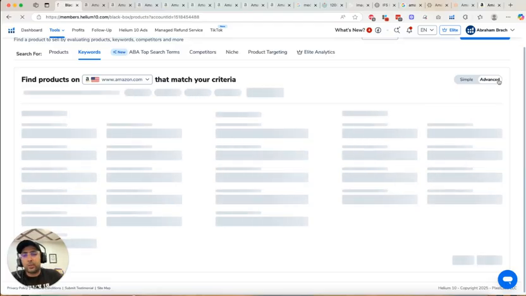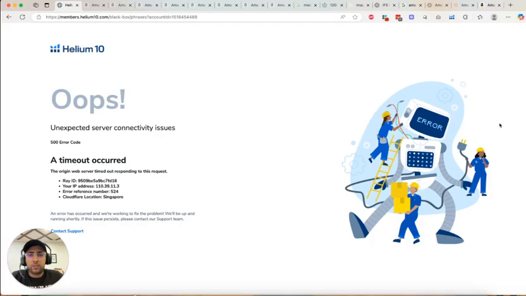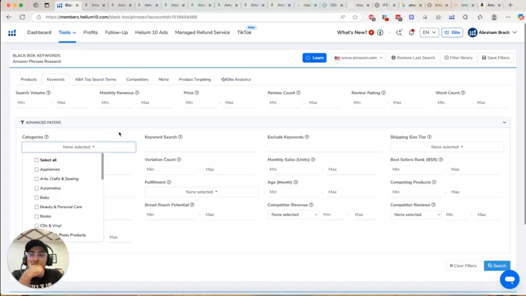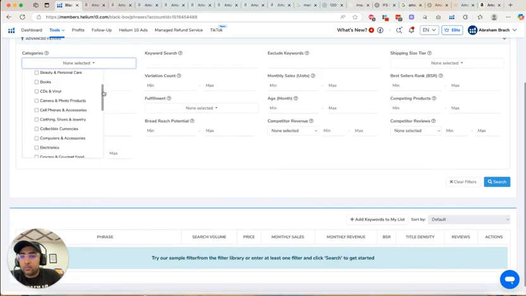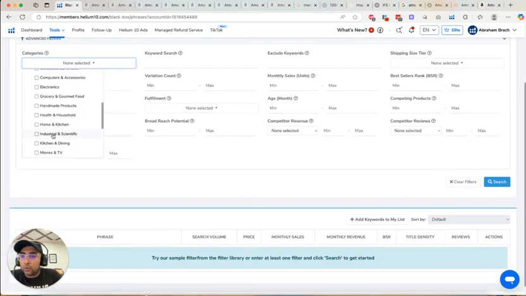I'm explaining the advanced one. I think simple would be easier. Just let me find out why it's happening, and we'll see. So I think the keywords tab just loaded now. So what we will do is I will select the categories again. I wanted to go for office